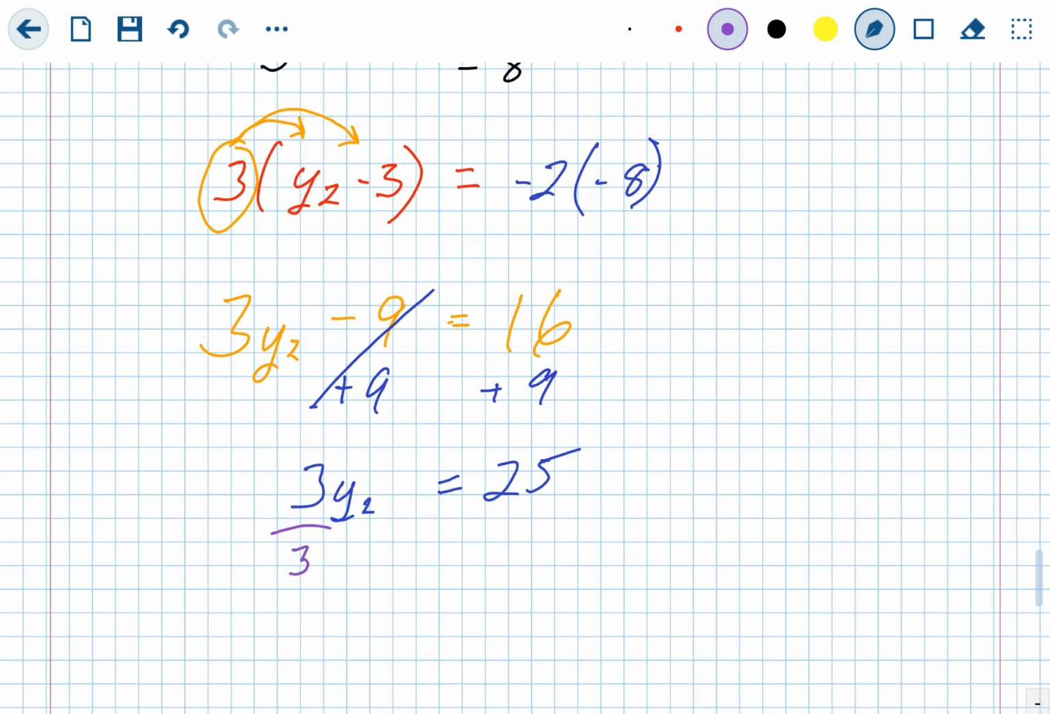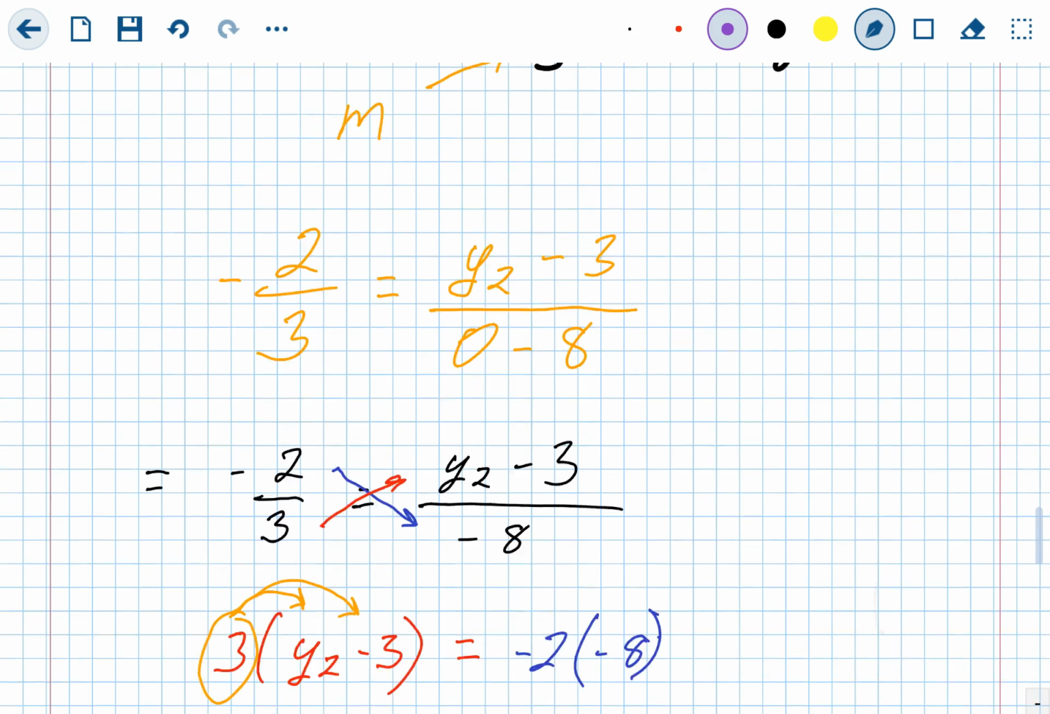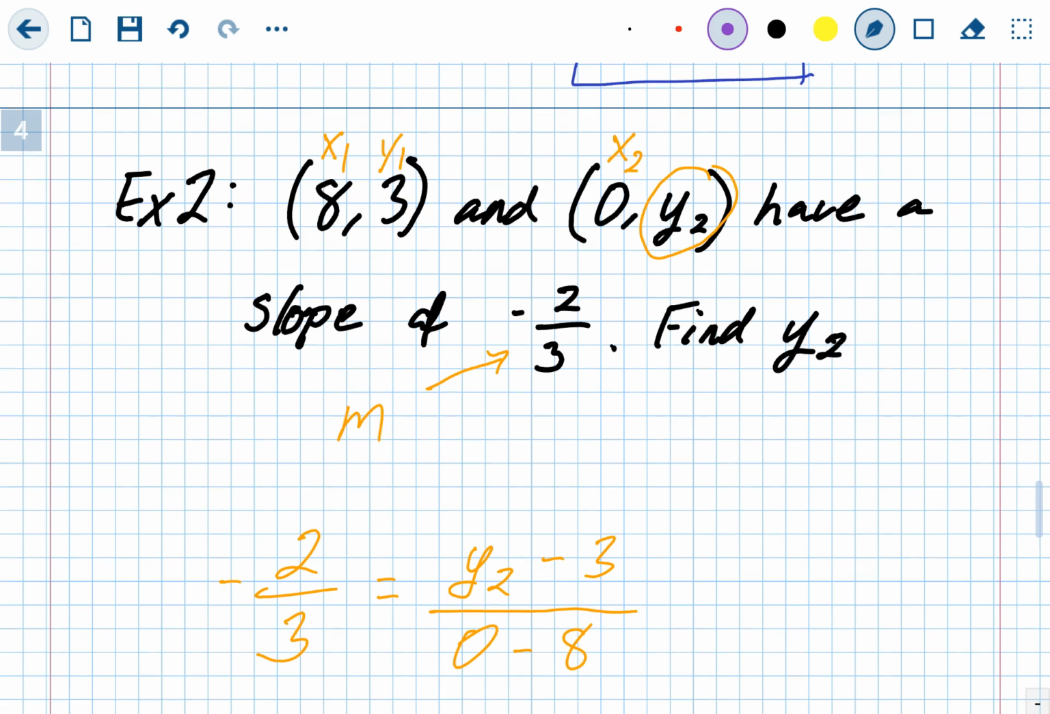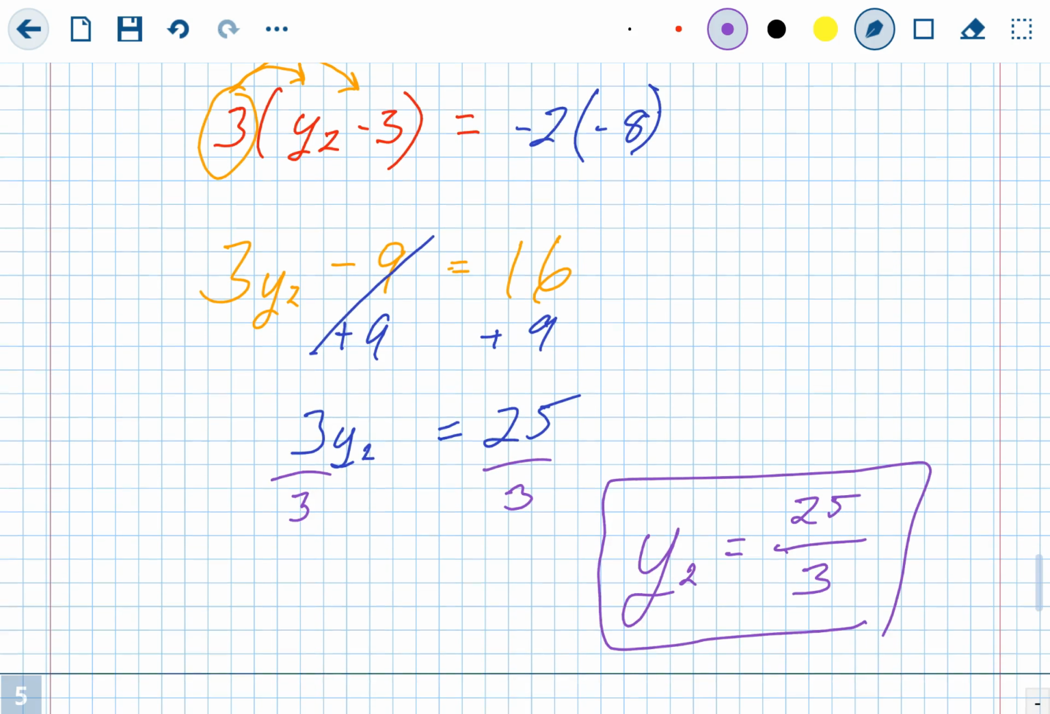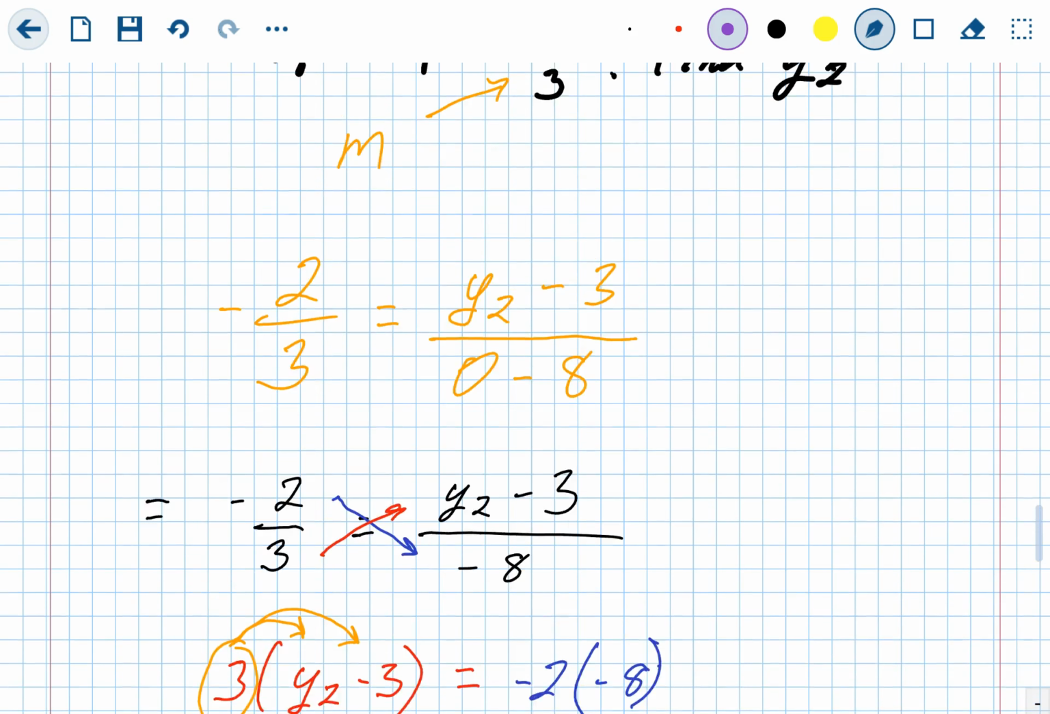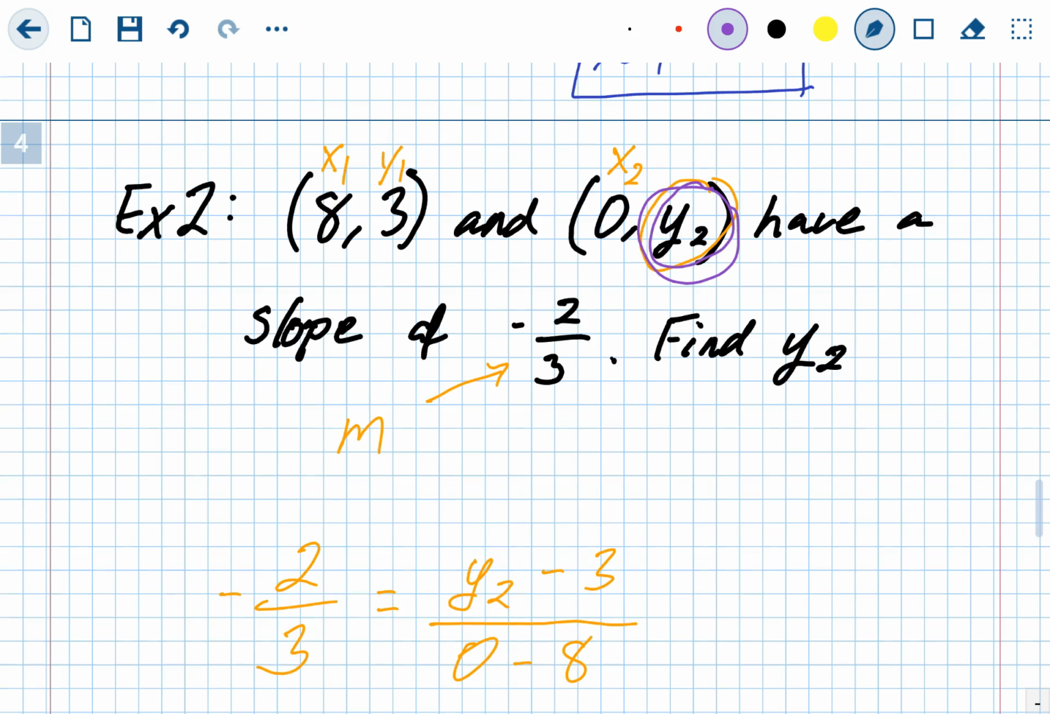So this one doesn't get as nice of a solution. But again, all these equations only have one answer. So for those ordered pairs to have a slope of negative 2/3, that means that y2 value, that second y value, has to be 25 over 3. So not a nice answer, but again, it's the only way for those 2 points to have a slope